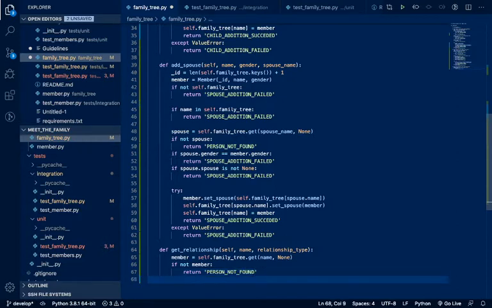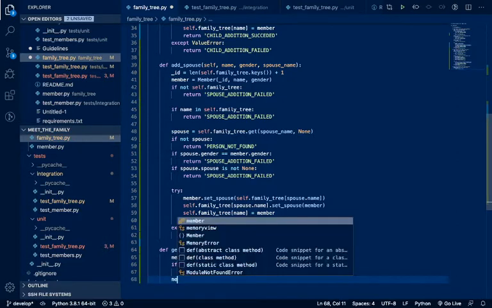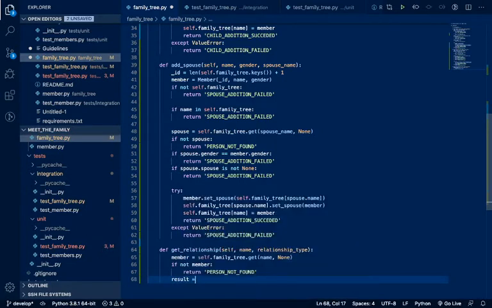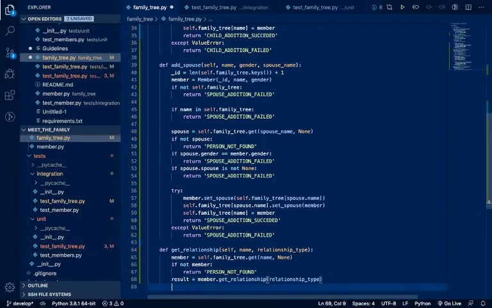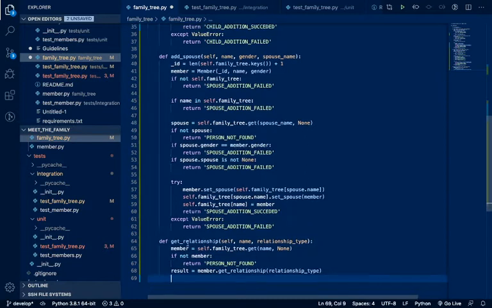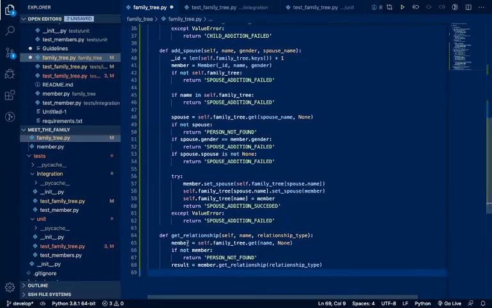So if the member does exist, then we're going to do a result is equal to member dot get relationship, and the relationship type will go here, and then whatever the result arrives, we'll have to sort it based on the